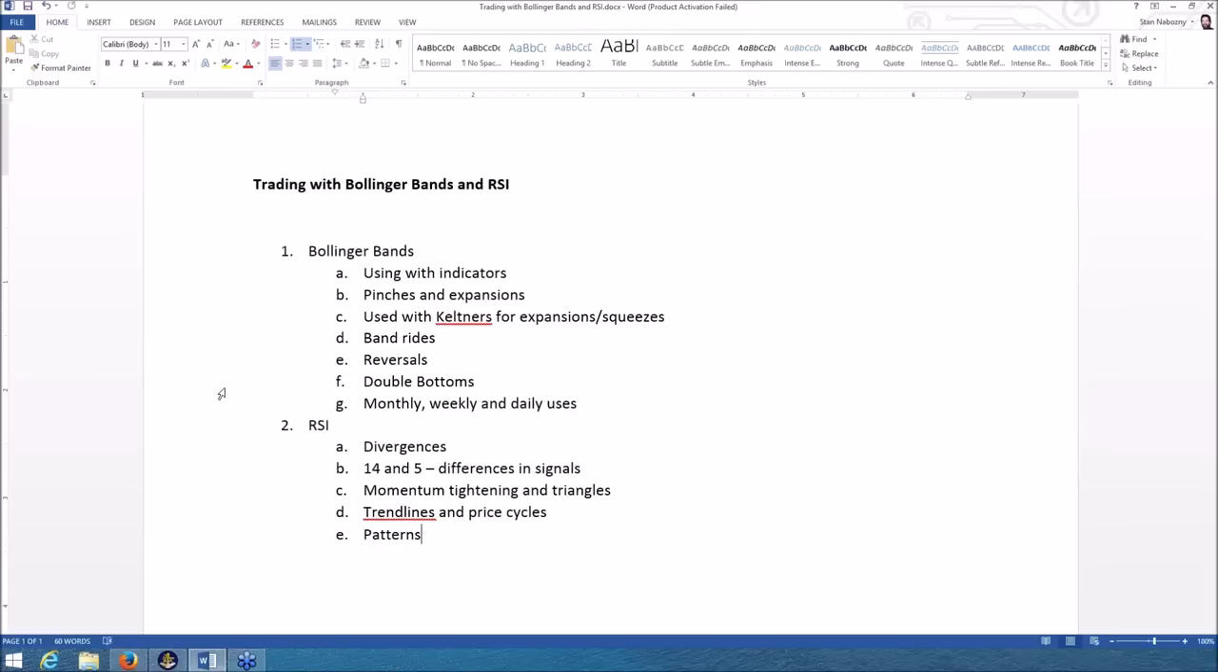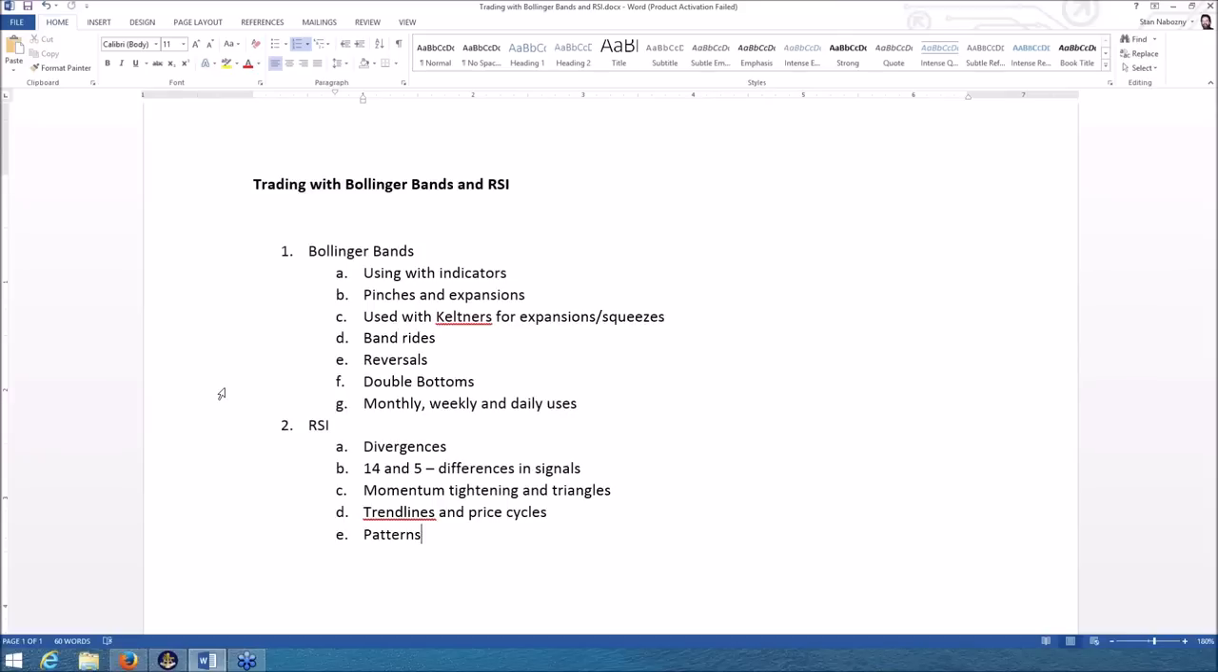We're going to be talking about band rides, i.e. upper band rides, lower band rides, reversals. Reversals, really, I'd mention retests at the same time. That really includes it. Yeah, I think that's right. And double bottoms, and the different ways and the same ways you can use the monthly, weekly, and daily Bollinger Bands. On RSIs, we're going to be talking about RSI divergences,